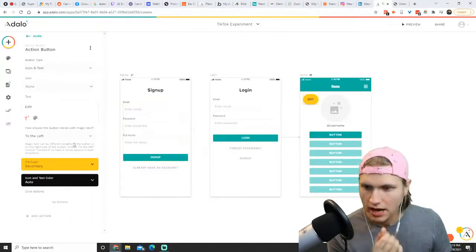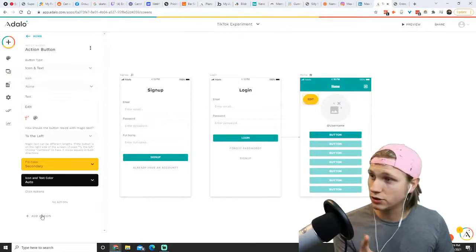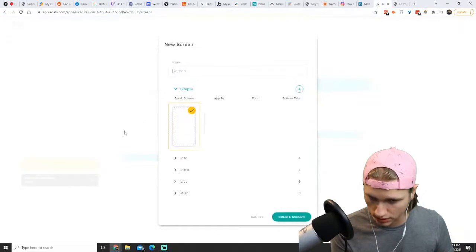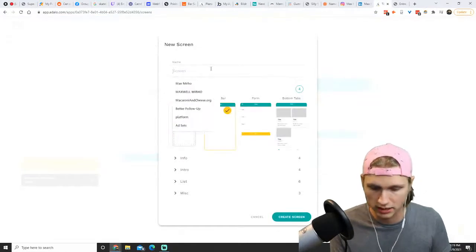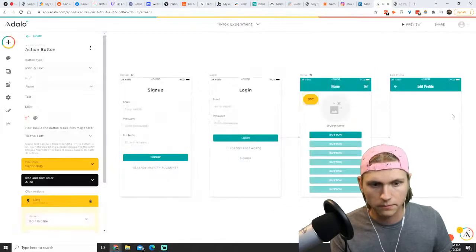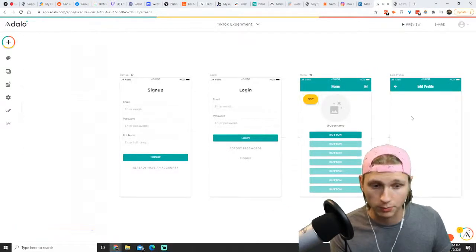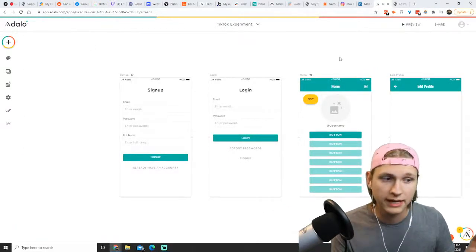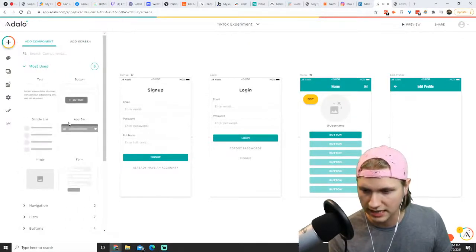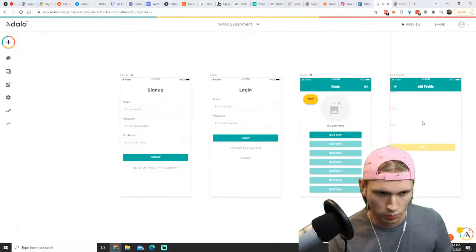Looks wonderful. They're going to then click, so we're going to add an action to that button down here in the bottom left. Add action. It's going to link to a new screen. And this new screen is going to be an app bar screen, and it's going to be called Edit Profile, right? So they go to this, and they can now edit their profile. So we need to give them some information to edit their profile. The only things that they need to add would be